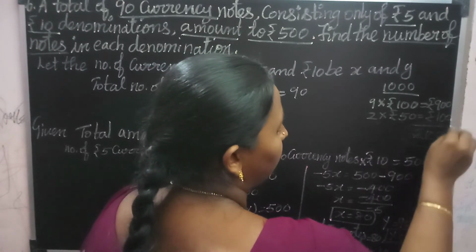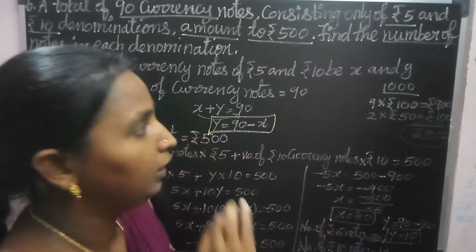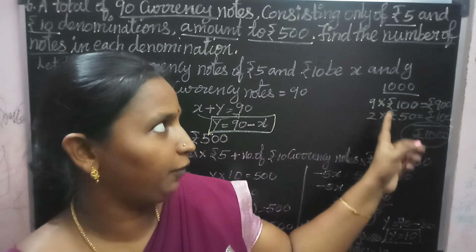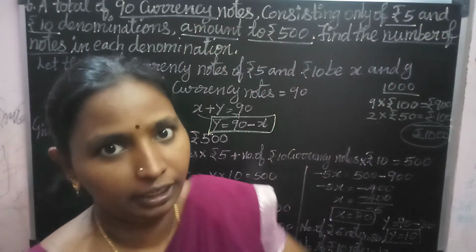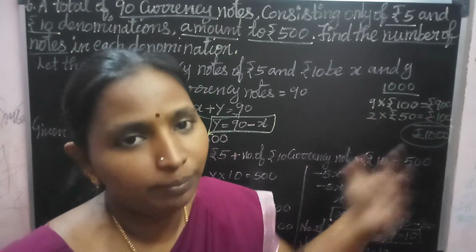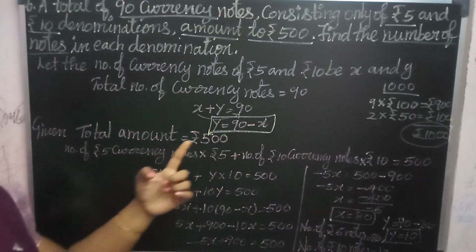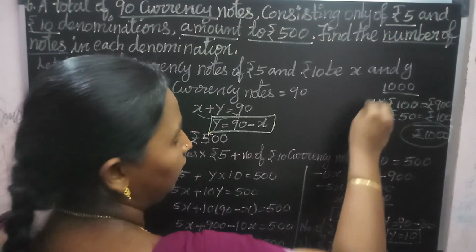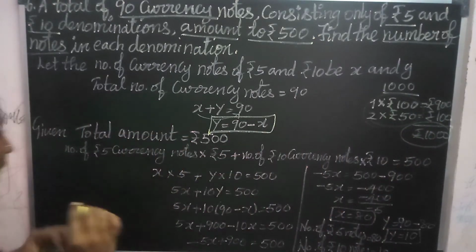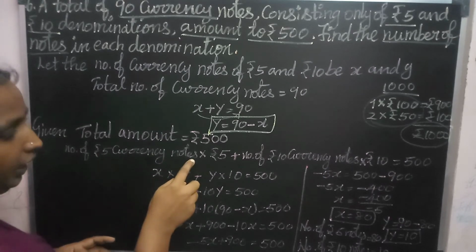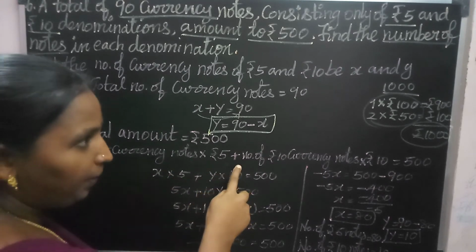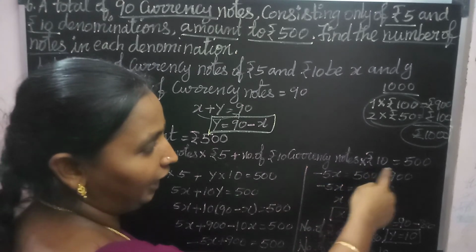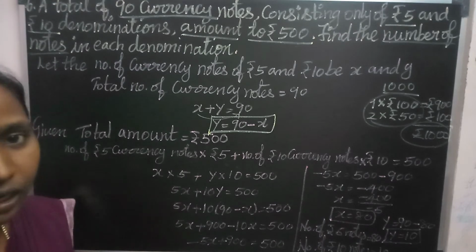So they have given the total amount here, 500. You are going to find how much these two are. Here I took 150, instead of this they have given rupees 5 and 10. So this is called denomination. Total amount equal to rupees 500. How will you get the total amount? See this, here I wrote 9 into rupees 100 like that. Number of 5 rupee currency notes into rupees 5 plus number of 10 rupee currency notes into rupees 10. Then only I will get that 500 rupees.